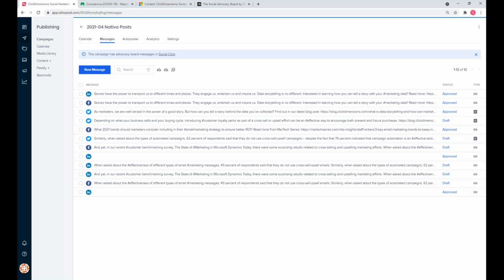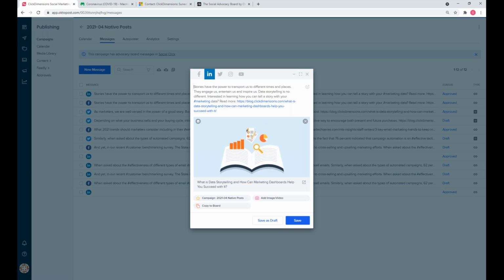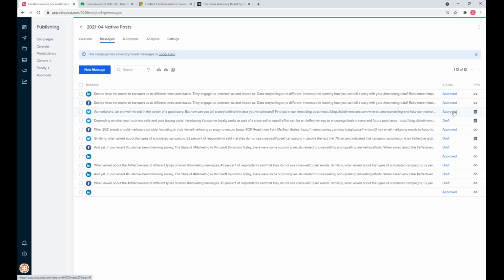And I just want to bring your attention to this approval process as well. Depending on your organization, if you have maybe a small organization and you are that marketer who wears many hats and you don't necessarily need an approval process, then great. You could be the one to create content and get it posted. But if you had more of a workflow requirement internally and you had many people, content marketers, creators, etc., then we do have an approval process, guys. So people can contribute, people can create content. This will be sent off for approval, and the head of or whoever it may be in charge can approve this. So I just wanted to bring your attention to that. But I wanted to show you something very unique.